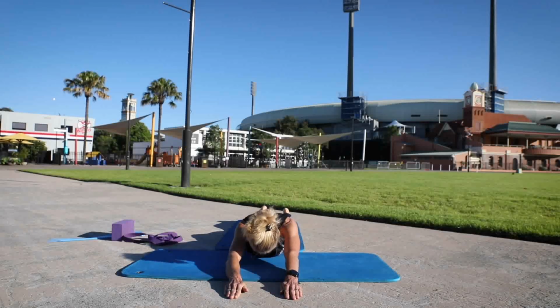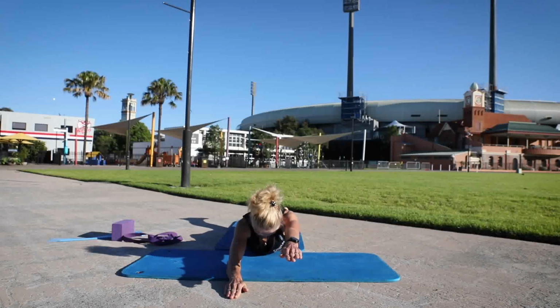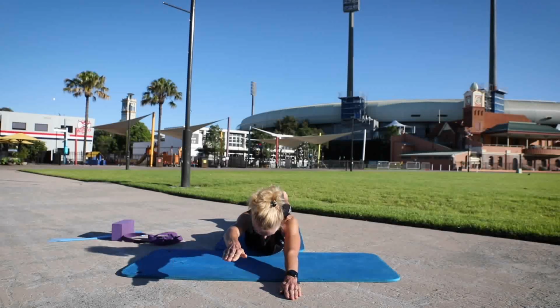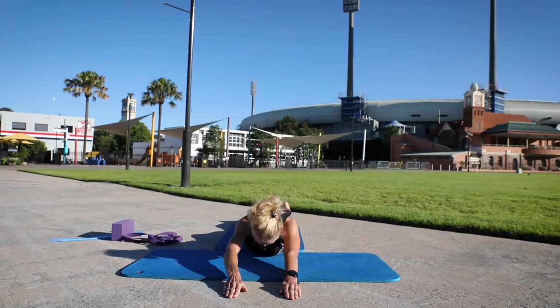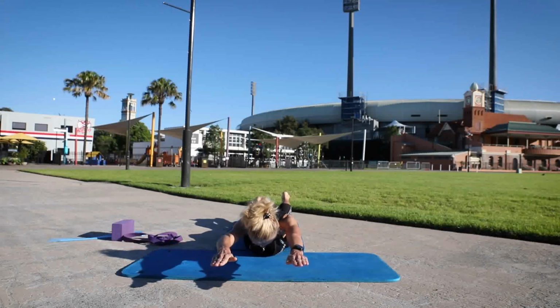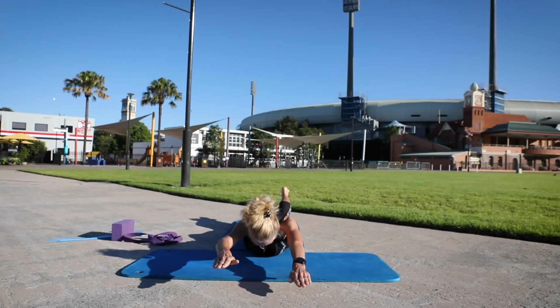And last 3, reach. And 2 more, breathing in. Exhale, reach. And then 1 more. Now extend both arms, both legs out, and then splash with the arms, kick with the